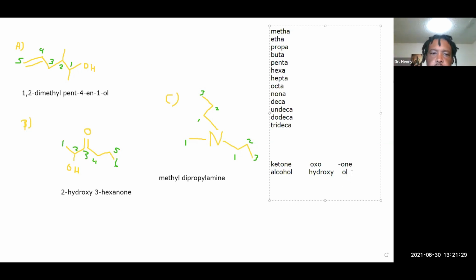You guys remember we had ketones, alcohols, then we have alkenes, alkynes, alkanes, and then we have ethers would be just above those guys. And then we'll have the haloalkanes,